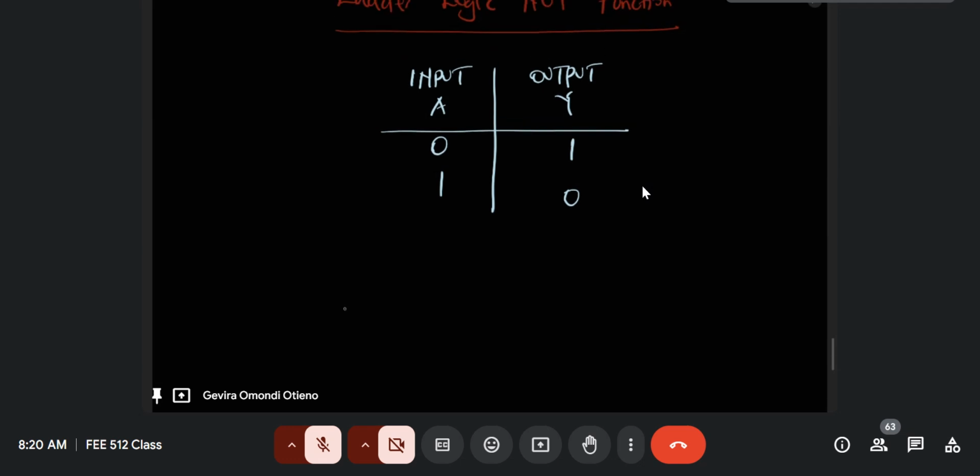So that when we draw the ladder diagram, we have agreed that to draw the ladder diagram, we need to use a normally closed contact like that. And then you still connect it to a coil on your output. Okay? So that you have your input A and your output Y. So for this, it means that, remember, the function of the normally closed contact is such